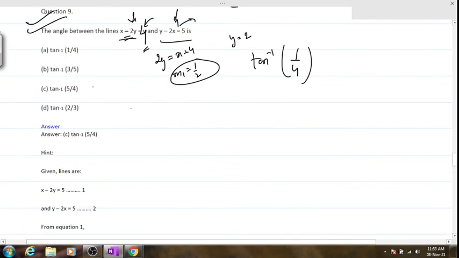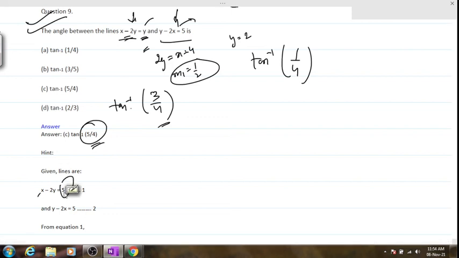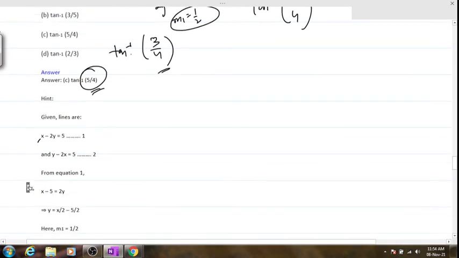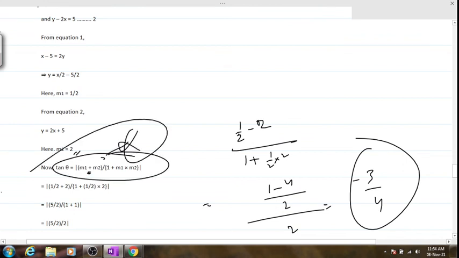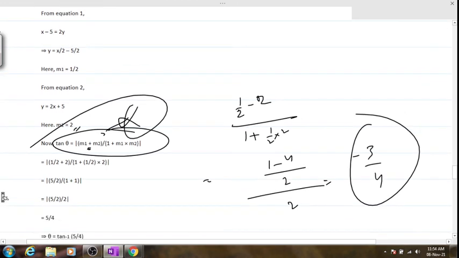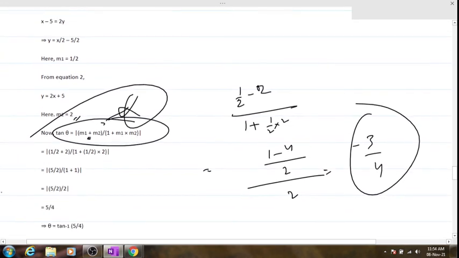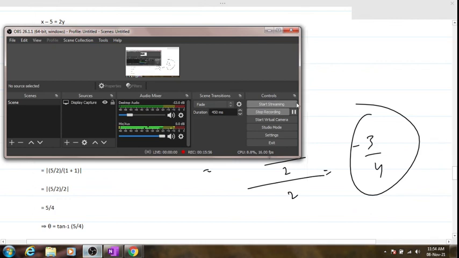Is it clear? Tan inverse 3 by 4 as the answer, not 5 by 4. Is it clear? The option is not mentioned out here. I think they have made this mistake. They have written y out here. So down the line this is again 5. However, that will not matter much, because the slopes are different, and they have used a formula that is also wrong. Okay, it's m1 minus m2. Is it clear? The answer is tan inverse 3 by 4. I will end the recording out here.